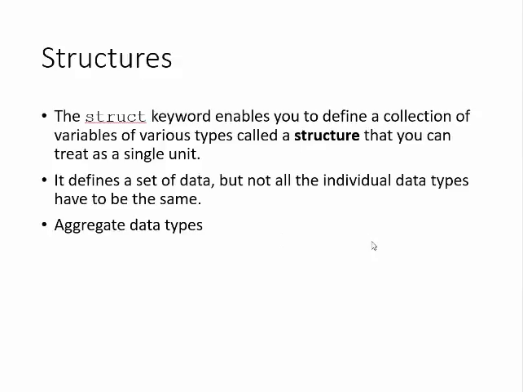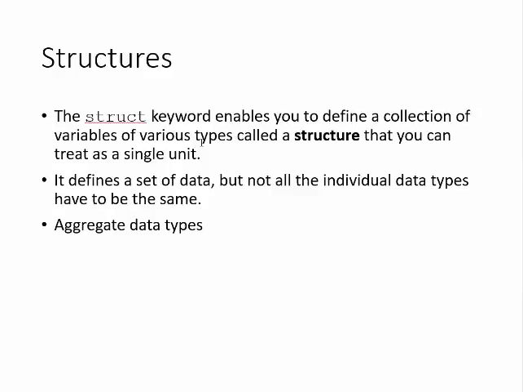So a structure is a collection of data, but the data types can be different types of data. And you can compare that to an array. An array is a collection of data, but all the data types are the same. So a structure is defined or declared using the keyword struct. There it is, S-T-R-U-C-T. And that enables you to define this collection of data types, which you can have a